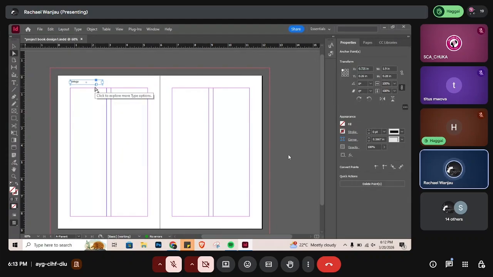When you want to duplicate an already made text, you're going to click on it and then click Alt. Now, have you seen what this is? It was black. And then when I click Alt, it becomes white and it becomes a plus. That means we can duplicate it. So I'm going to drag it